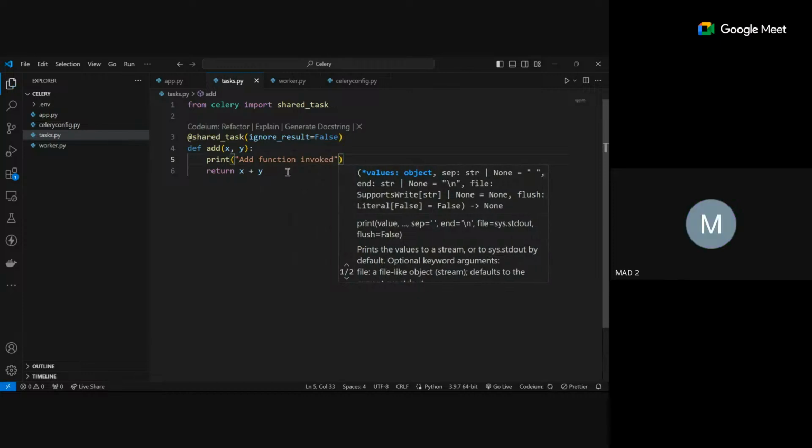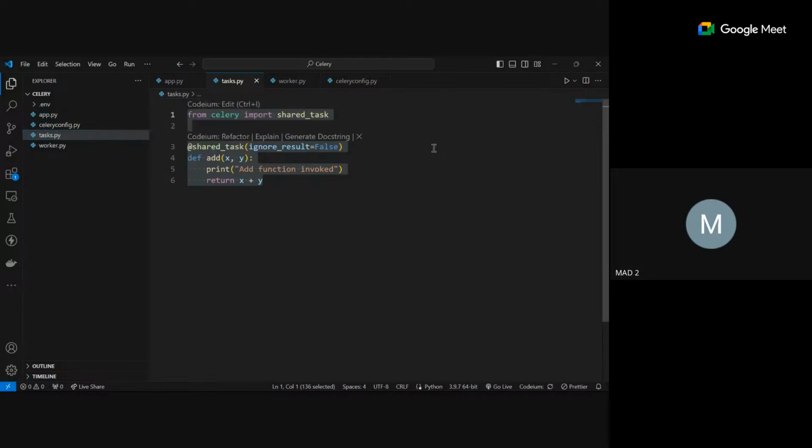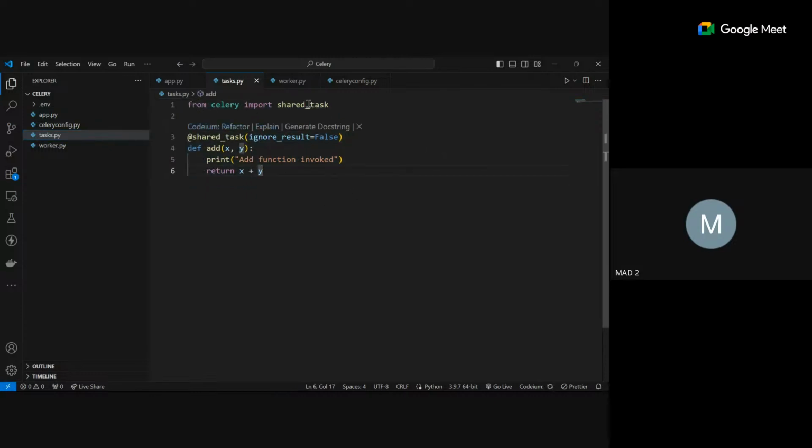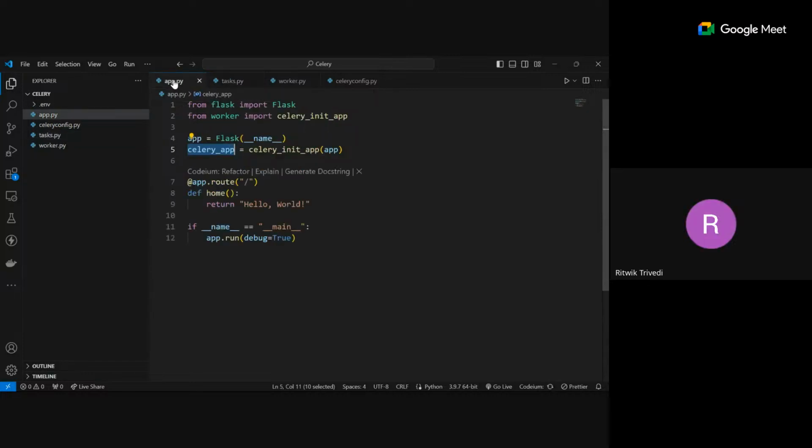Now see, what I have done is a very minimal implementation where I have imported this decorator called shared_task from Celery, and with the help of this decorator I have successfully created one Celery task. Now, the person who was initially asking what actually Celery tasks are, the answer is that this is basically a Celery task in actual implementation. What is a Celery task? It is a simple function which is going to define what all steps have to be executed in order to get the task done. Now, since this is a function, we should be able to invoke it from our Flask application. For example,